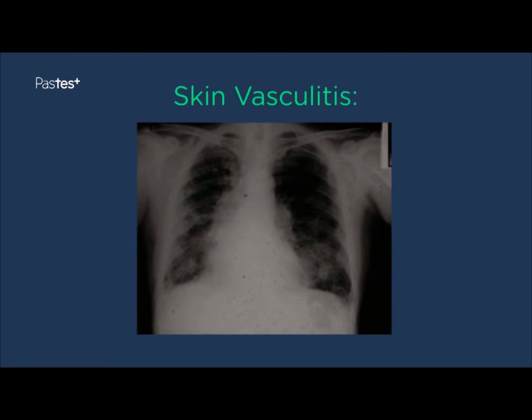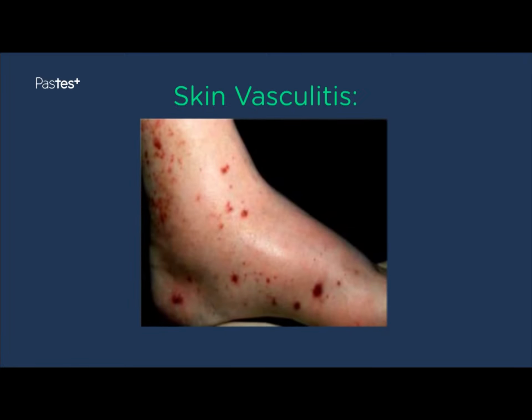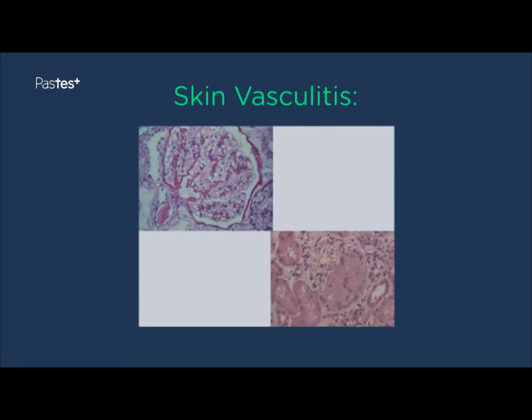In this chest x-ray, which wasn't actually the patient's, we can see widespread pulmonary infiltrates which are typical of Wegener's granulomatosis. In this slide, we see skin vasculitis around the ankle, which may be typical of ANCA-positive vasculitis. The renal biopsy might show a focal segmental proliferative lesion as shown at the bottom right-hand section of this slide,